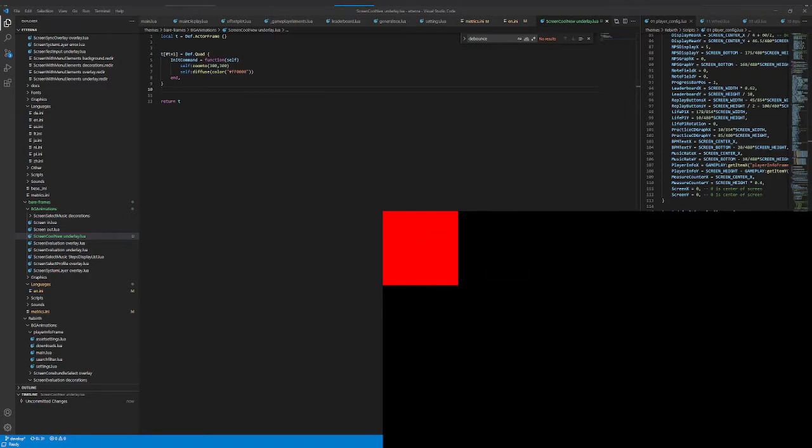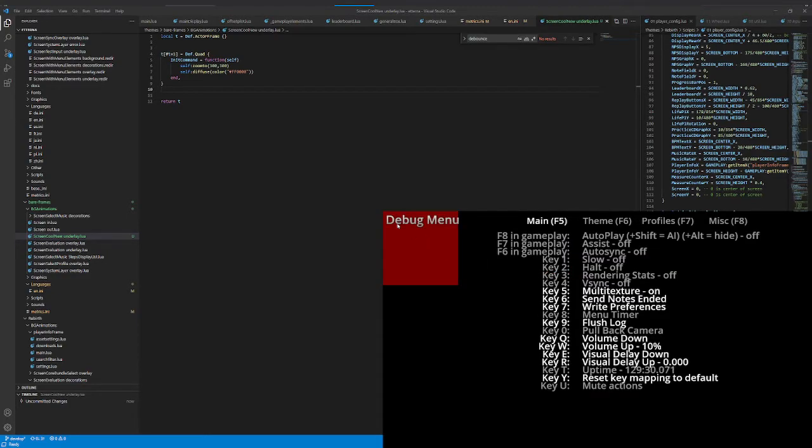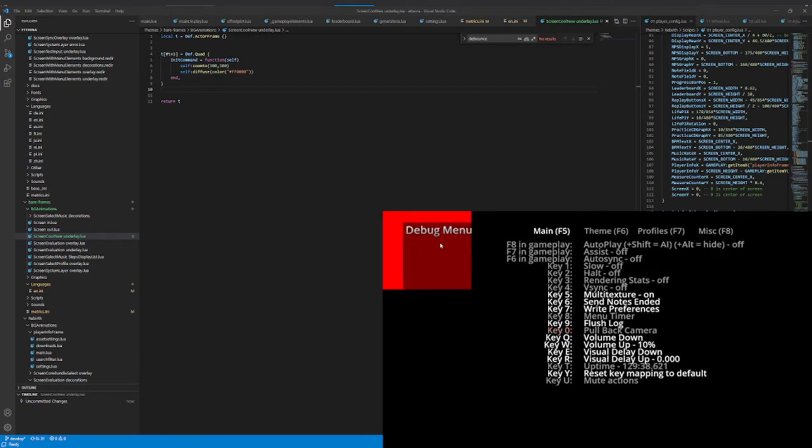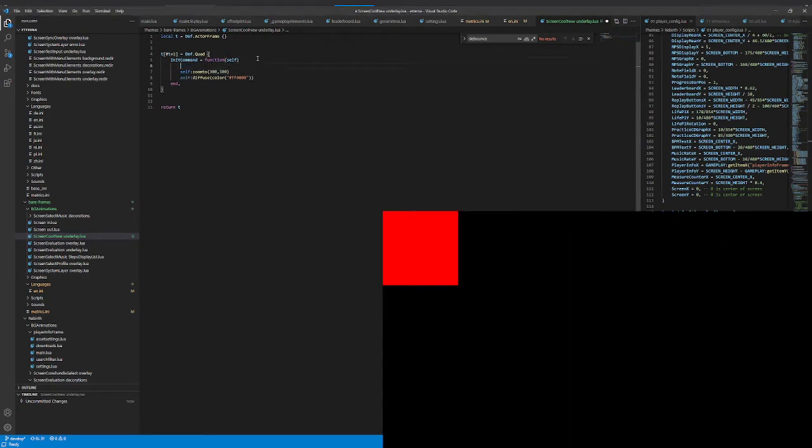However, I didn't put the square in the middle of the screen. I want it to be in the middle of the screen. We can verify the alignment of this square. If I zoomed out the camera, we can see that the square is default middle aligned, and it's at the coordinates 0, 0 in the top left of the screen. So we can put the square back in the middle of the screen. If I add this line to it,